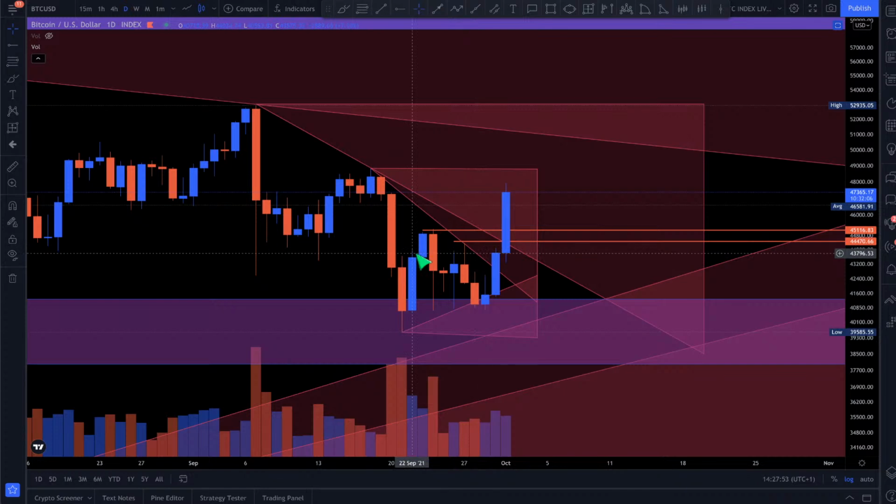So what we need to do now is, obviously, we've confirmed this. That's great. I mean, we haven't confirmed it yet. We need to close this candle body above. We don't want to see any liquidations or anything like this. So far what we have seen is $47 billion, I believe it was, worth of shorts liquidated. That was a bit sad for the short guys. I don't know why they were shorting it, but that's what happened. And remember, I mentioned a few days back as well, I said Friday will be a decider. Friday, 1st of October, would be a decider to see what happens. And also, obviously, the week is about to close as well.